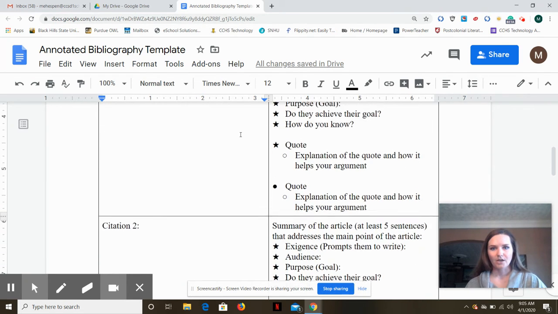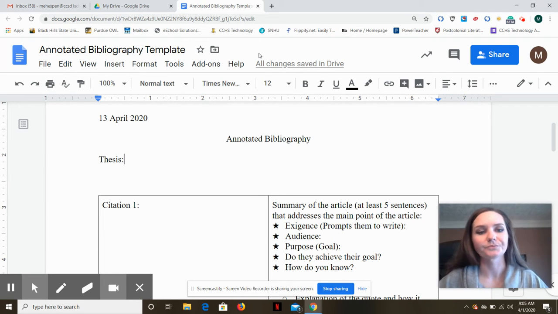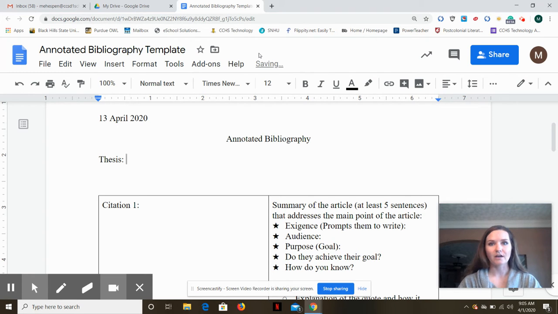Now, as you can see, there is a place for your thesis. I'm going to use an example of abortion like I did with the databases. Your thesis must be an arguable claim, and what an arguable claim is that you're taking a side, essentially. So if I am against abortions, for example, I'm going to say in my thesis that